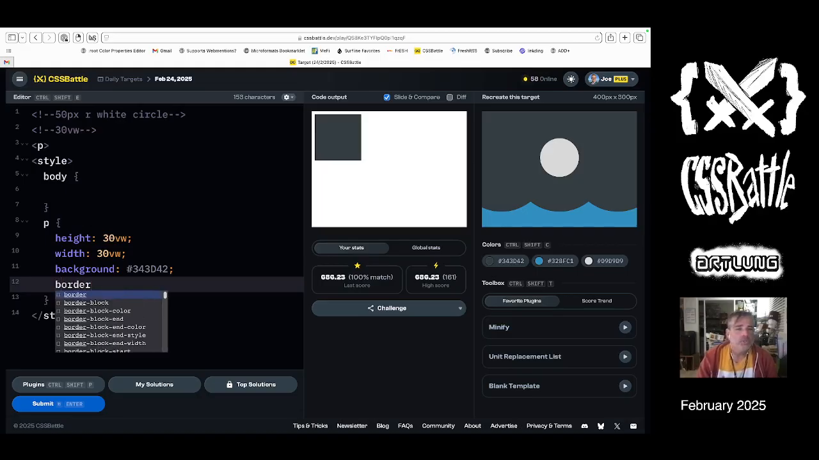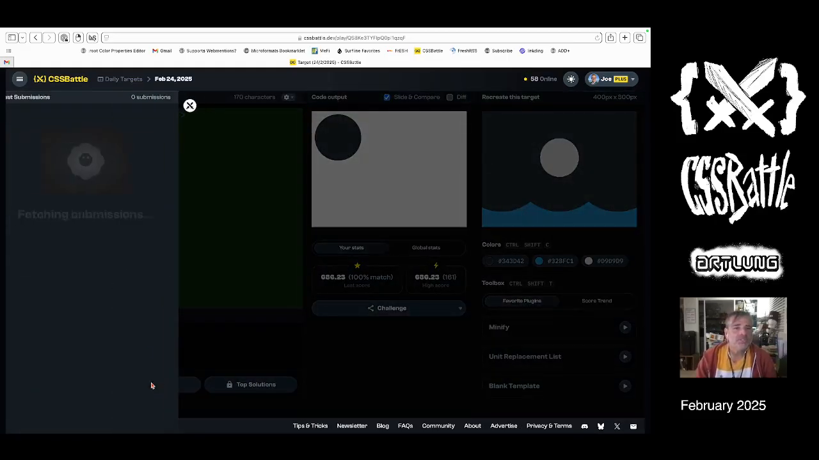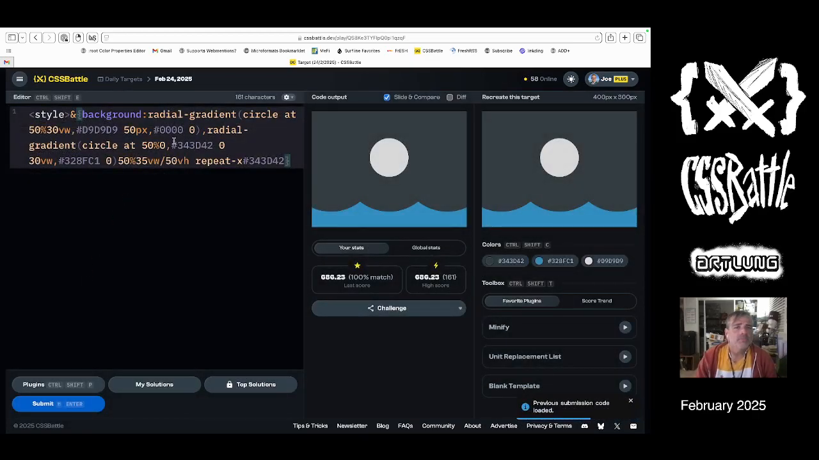And of course I've chosen the wrong one. Border radius 50%. So I actually chose the wrong one. What did we say? So let's go back to my solutions. Look at that. Load the code. And the dark one,